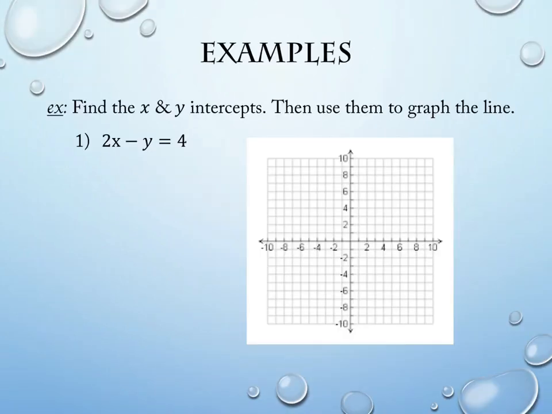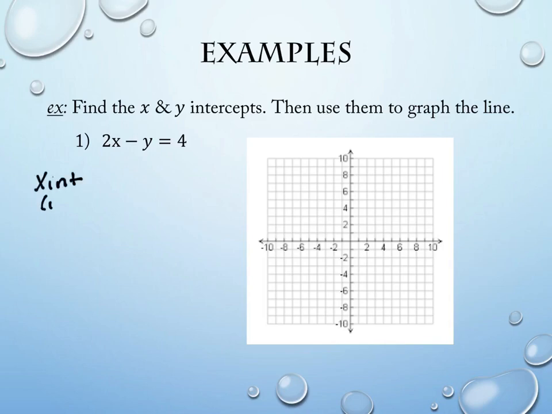So let's actually start with something that looks quite similar to what we did in the last section. We're going to find the x and y intercepts, though, this time specifically, and use them to graph the line. Now, what we learned in 210 is that you can use any 2 points to actually graph the line. It doesn't have to be specific points. But if it's asking you to find the intercepts anyways, those might as well be the points you use, and you might as well not find any others. So finding the x-intercept,